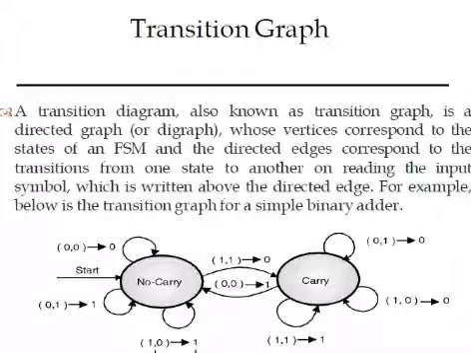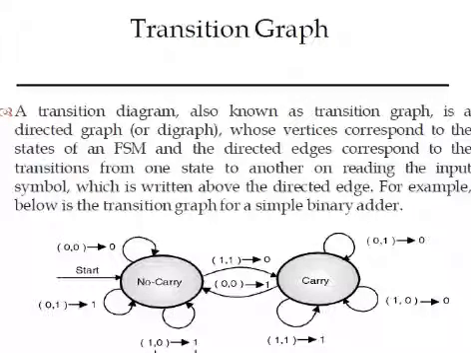See, this graph is there. So currently we are in which state? Very first, in this example, initially we were in no carry state. That's why our initial state will be no carry state, and the next state is carry state. So very first, how do you represent the initial state? You circle it with an incoming arrow. Is it clear? Okay.